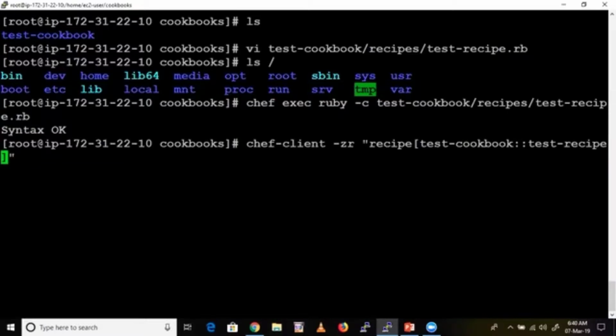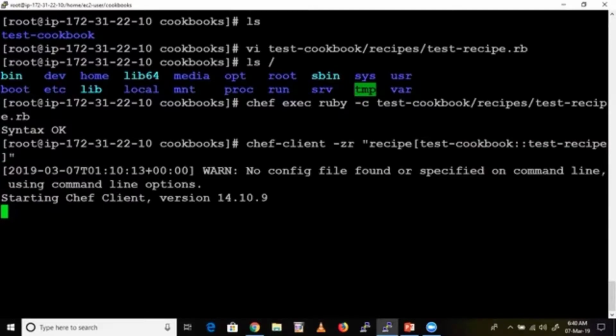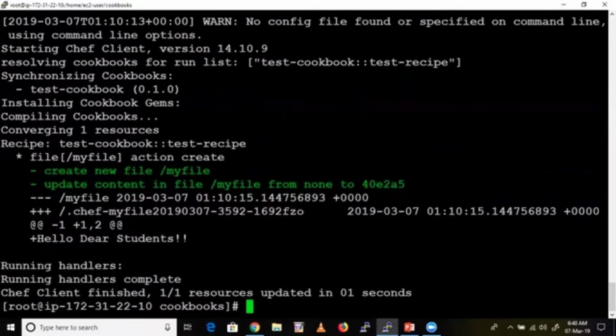See here. If I execute this one, you can find some changes. Enter. Now, what has it done? It has created a file. The file name is my file. It has created it under /, and it kept that content. See here: Hello, dear students.